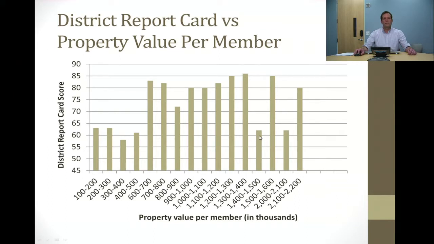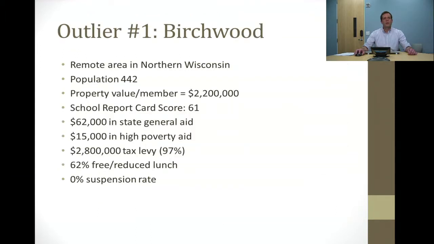So I looked at which schools fell in these intervals and tried to identify each individual district that had a high property value per member versus a low district report card score. The first one that I took a look at was